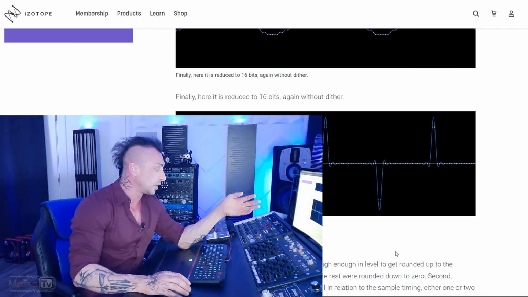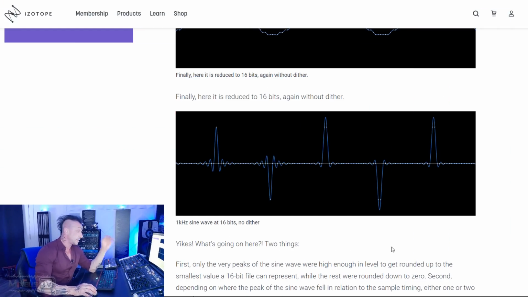Now, let's not confuse this with the visual representation of the waveform in your DAW, because that's just a visual representation. And there is also an argument to be made about when the sound gets reproduced. It's one thing when it's in your computer, but then it gets reproduced back to and from an analog system, which is your speakers, your headphones. That's considered analog. So when that happens, it's not as straightforward, but that's a whole different discussion. So when we look at this sine wave at 16-bit, it's a big mess.